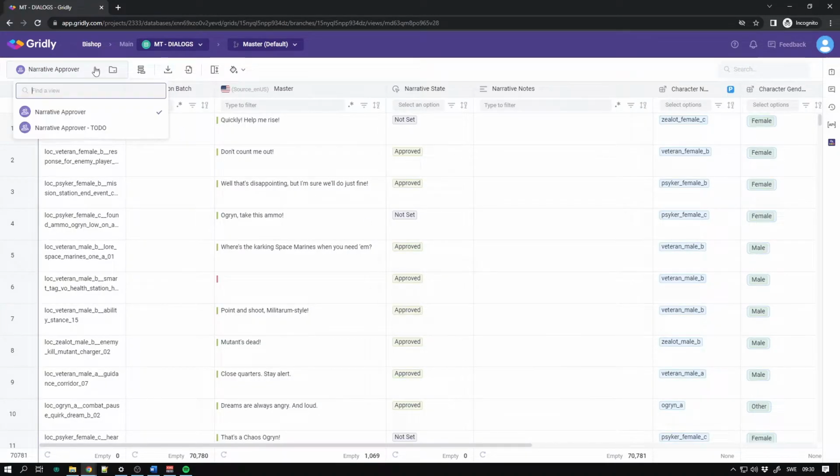On your top left here, you have the two views. You have your unfiltered view and you have your filtered to-do view. So the to-do will only show you the stuff that you have left to do. So things that, for example, are not set or not approved by you. So if we look at what we see here, this is the unfiltered view, so we can see all the